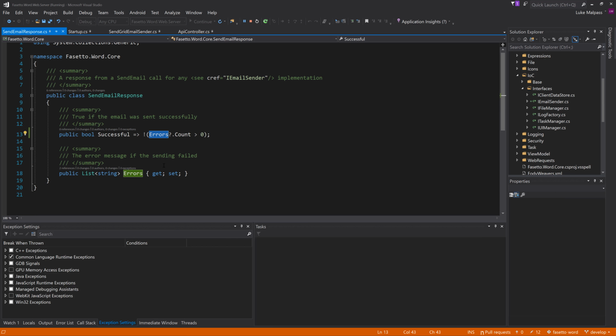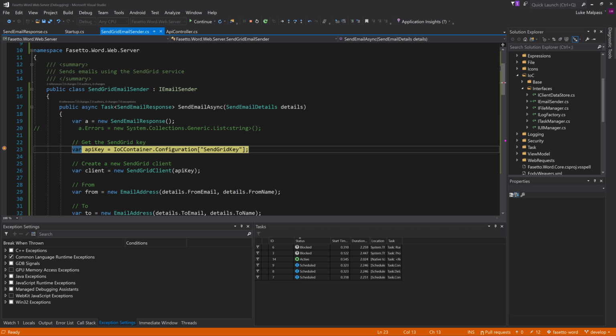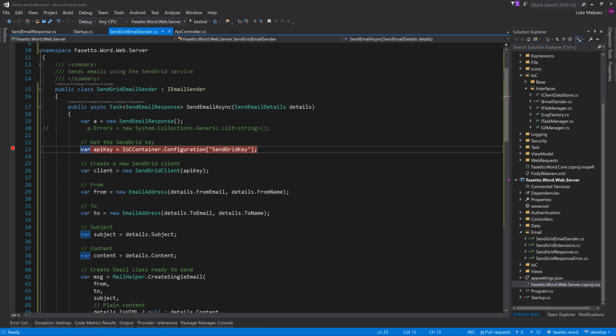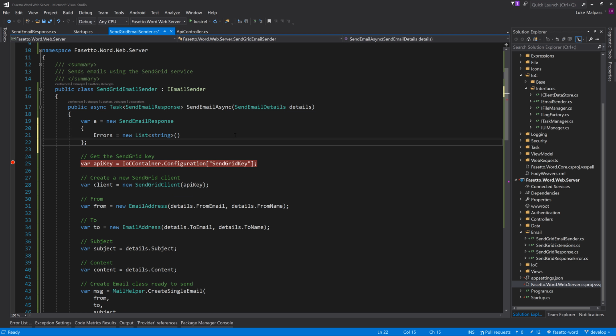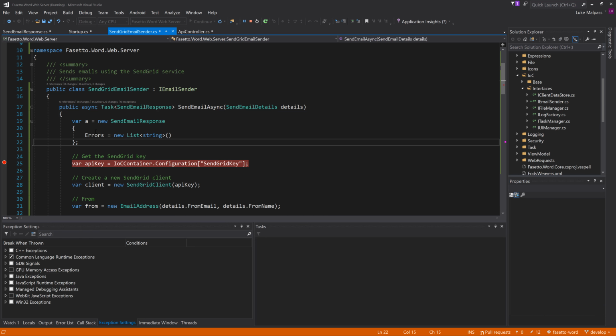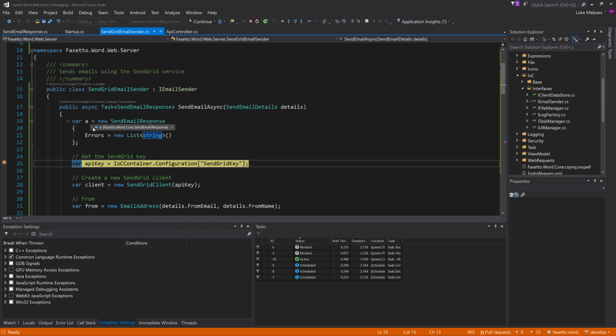So this time now successful should be true, which it is. And then we should also be able to create a new list of errors, and it should still be successful because it's an empty list of errors. And then finally we can add. So you see it's still successful. And finally we now add